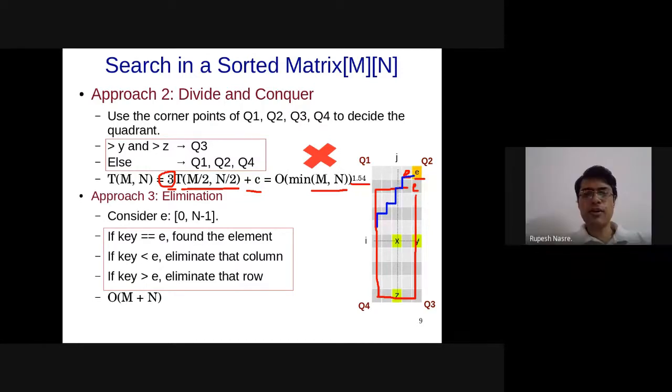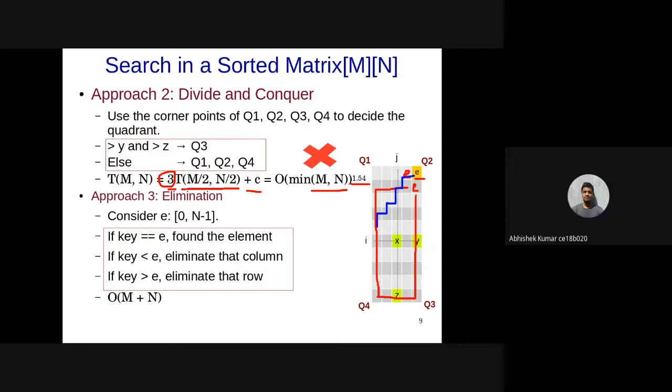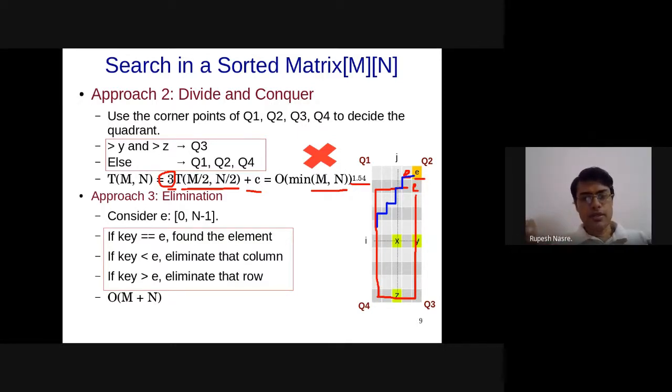Sir, that straight line you are drawing in the first column, it can also come in the middle and we can reach Q4 at the last step. So our worst case will still be O of m plus n. Yeah, if it's a square matrix, or almost square, then we'll require 2n steps to reach there.